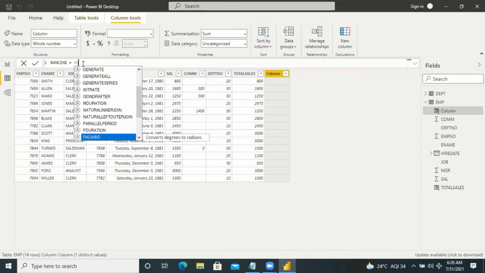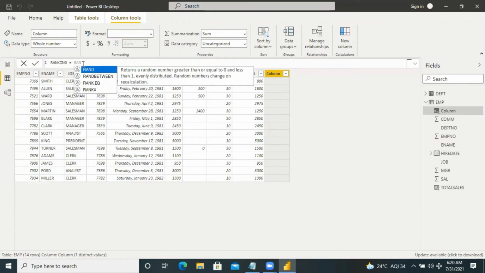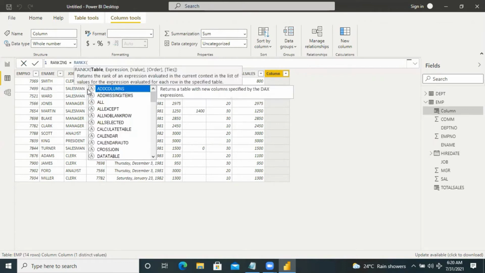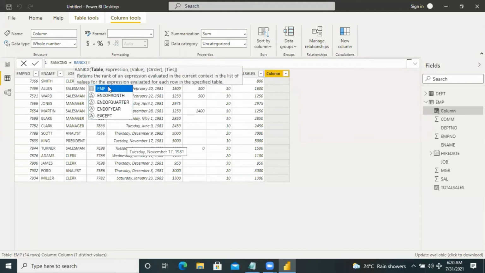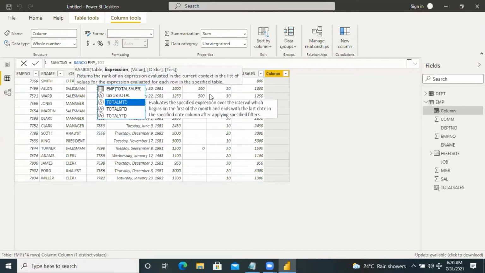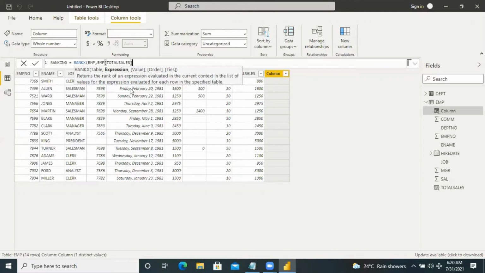And here I'm using the RANKX function. The table is here, I'm taking the EMP table, comma, expression. So expression is here I'm taking EMP total sales, comma, then descending order here.